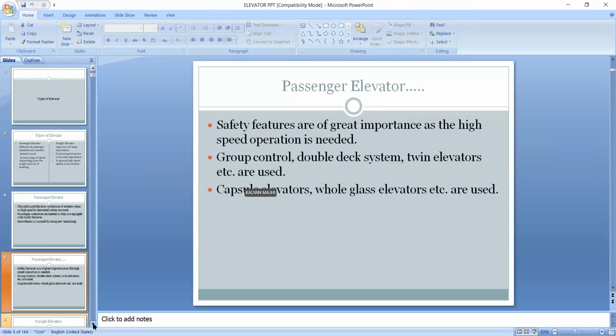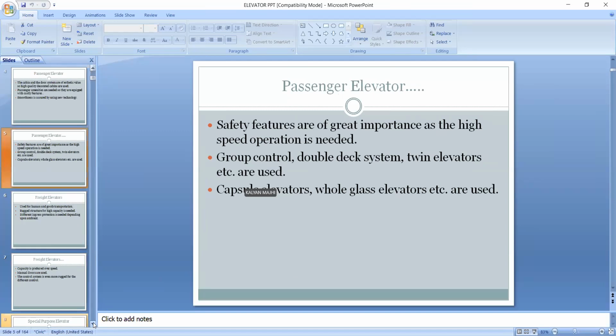In passenger elevators, safety features are of great importance. And there will be different kinds of passenger elevators like group control, double deck, multi, etc., and also capsule elevators, whole glass elevators, etc. These are not needed for our normal freight elevators.